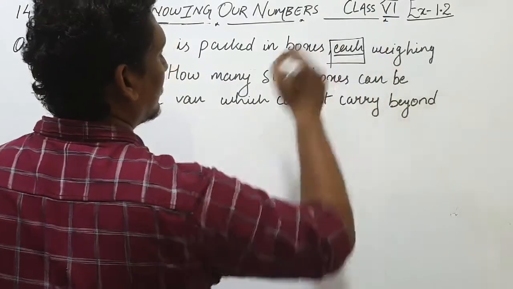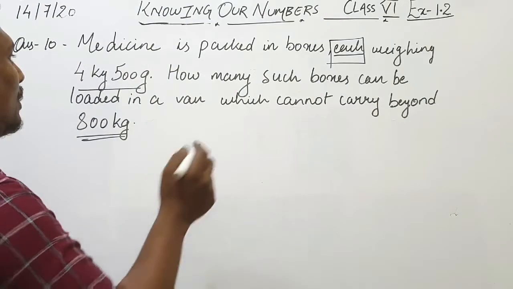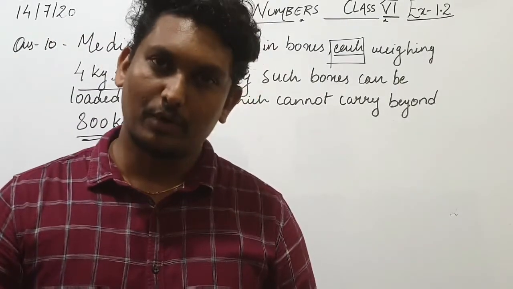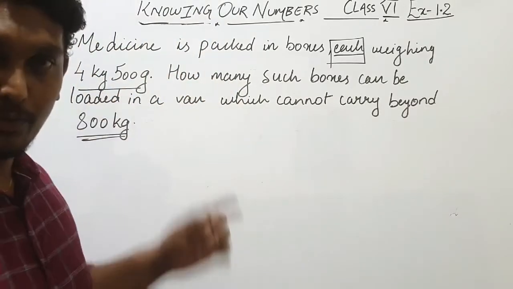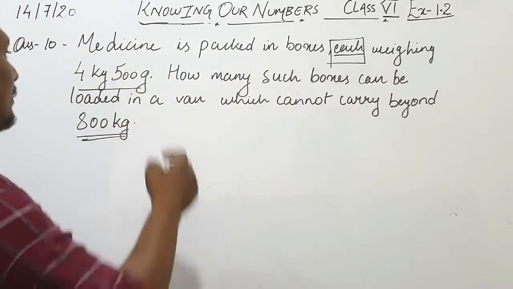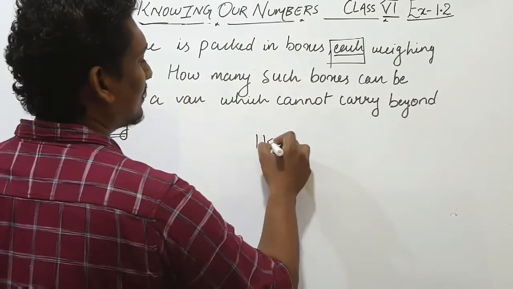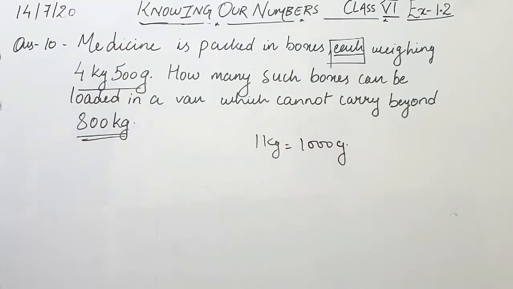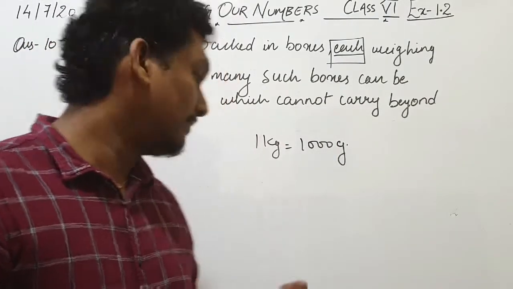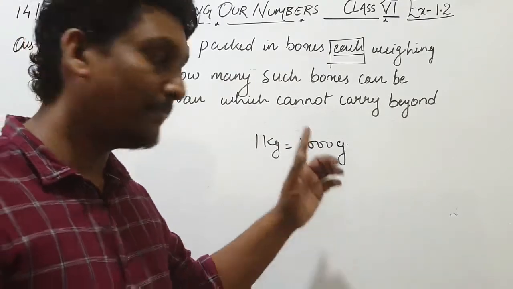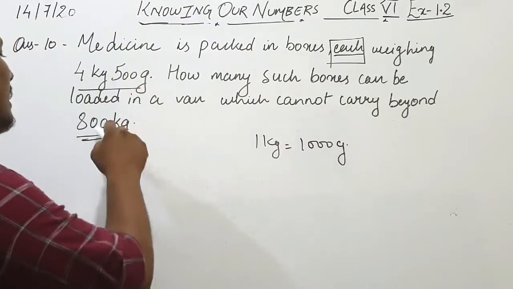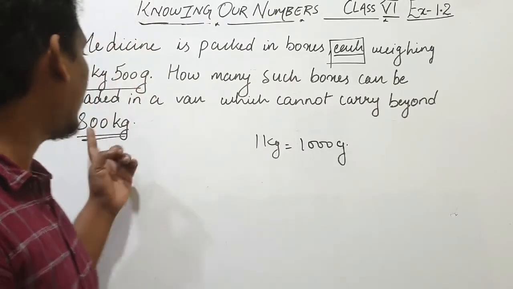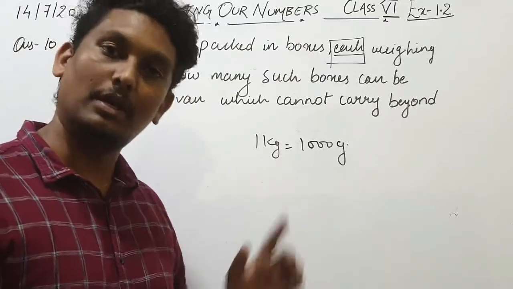in the first part we have seen this, each means the weight of one box is given. Okay, so what we did in the previous question, the same you have to do here also. Here we have to change the value. How are we going to change the value? We have to convert this into grams. So 1 kg is equal to how much gram? 1000 gram. Okay, so we have to multiply this 4 kg 500 grams with 1000. Then we have to convert this 800 kg, that also we have to convert into gram. Again this 800 kg you have to multiply with 1000.